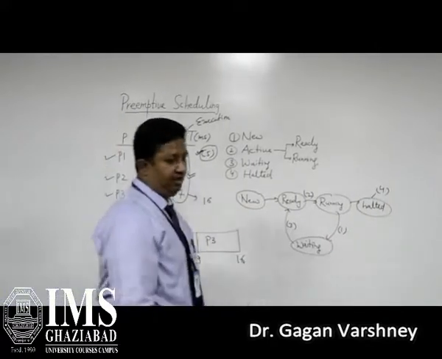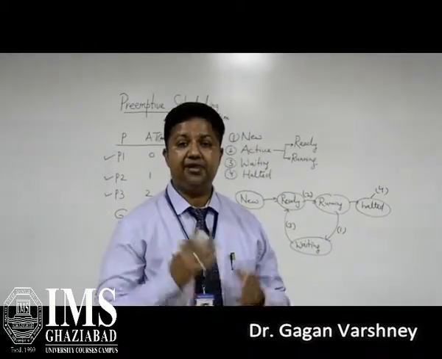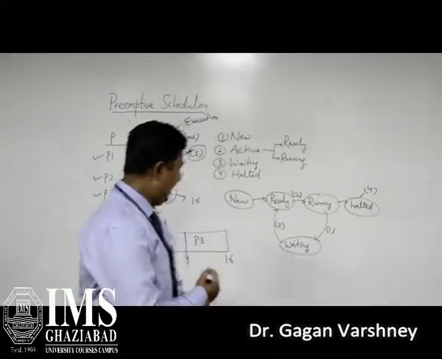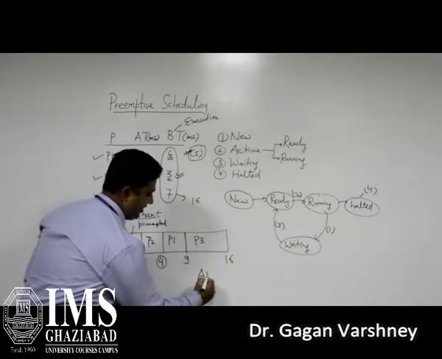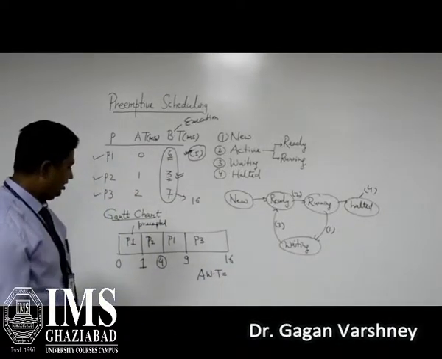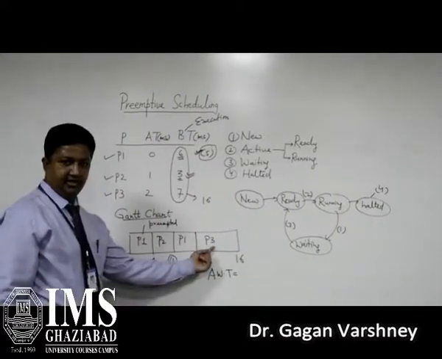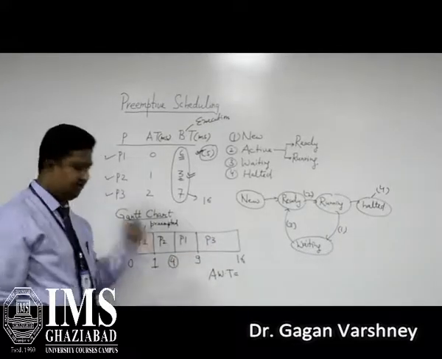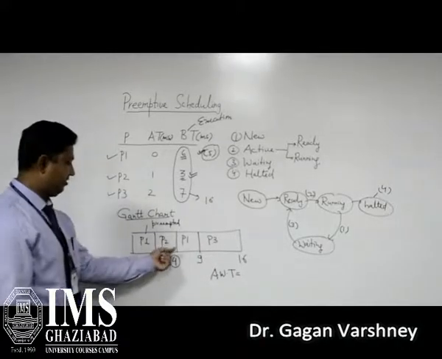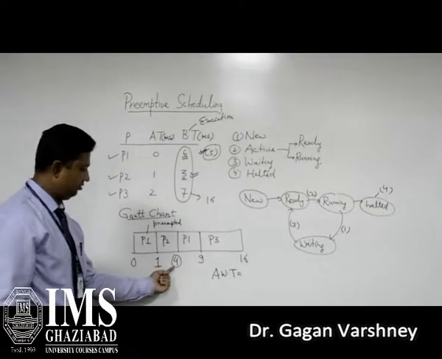Now what is our main aim? Our main aim is to find the average waiting time and average turnaround time. So the average waiting time, as we have already discussed earlier, is the sum of the waiting times for processes P1, P2 and P3 divided by the number of processes. So what is the waiting time for process P1? It is 4,